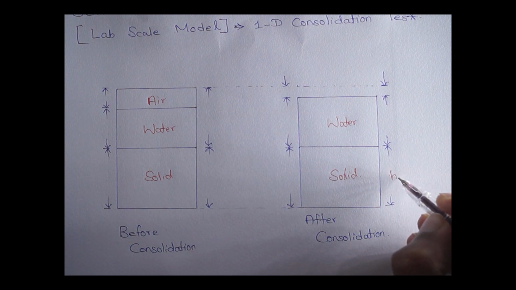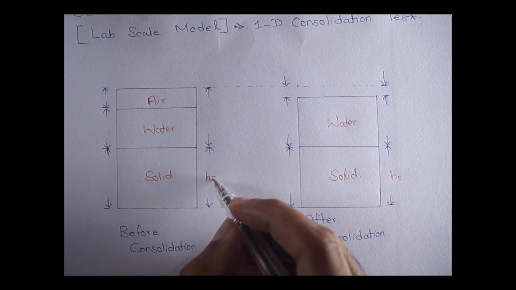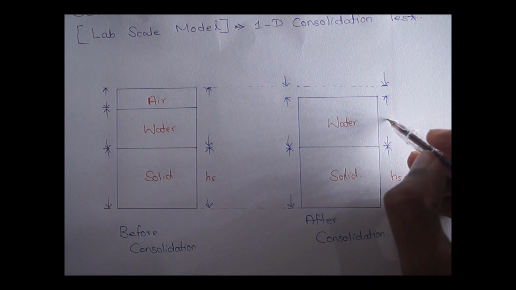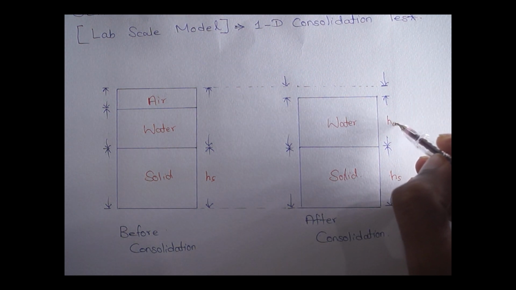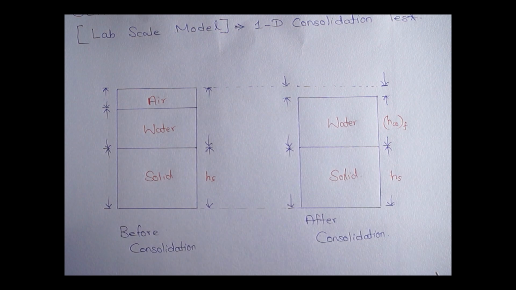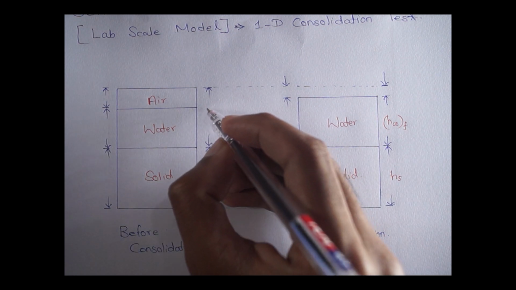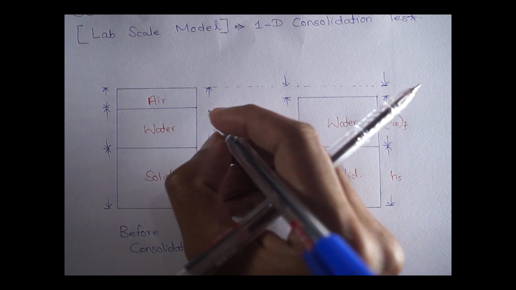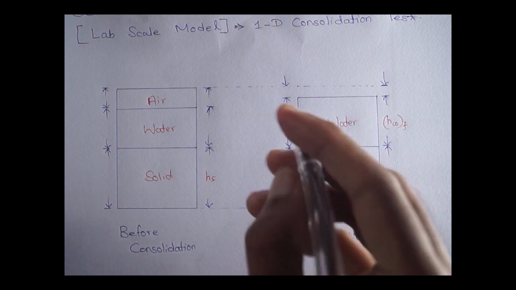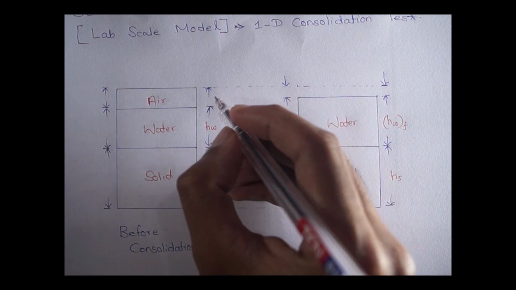Here the height of solid is taken as HS, which is the same for both situations. Here the water height is HWF after consolidation, and here the water height is taken as HW